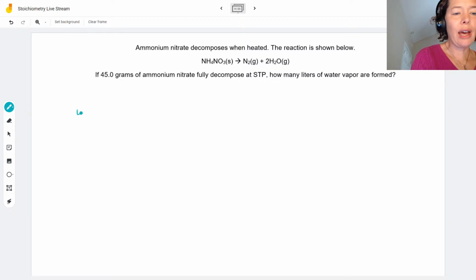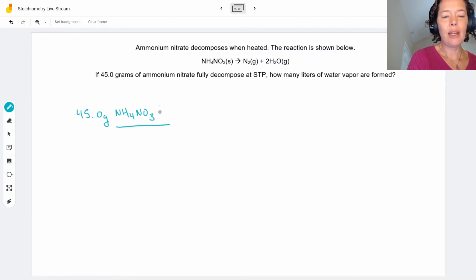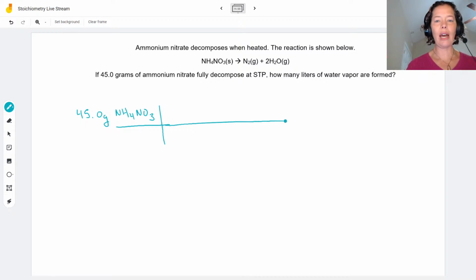And we're going to have 45 grams of ammonium nitrate, and let's convert that into moles. Now I do already have the molar mass of ammonium nitrate, and that is